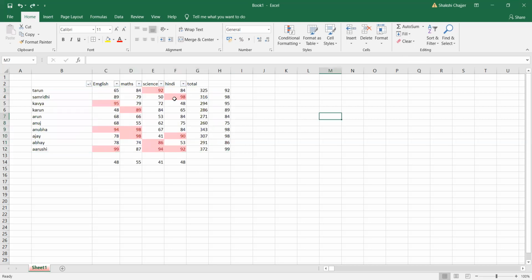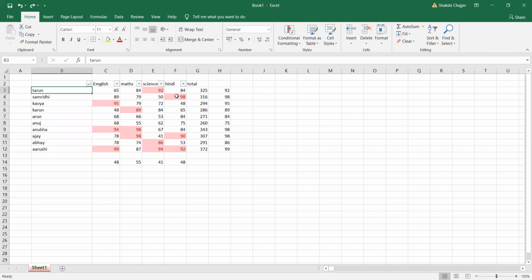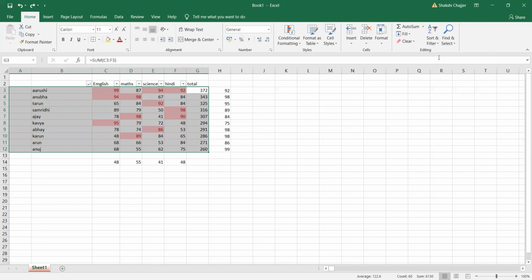So here, let's say I want to find the 3 persons who have got the highest marks. So for this, I'll just select this one. Now I want to sort it as per the numbers. So here, from largest to smallest.